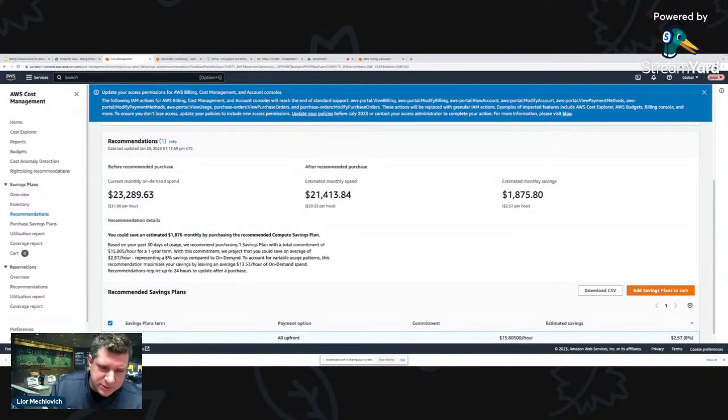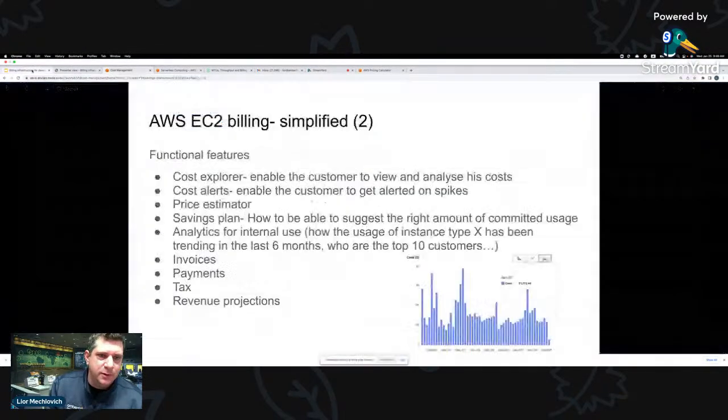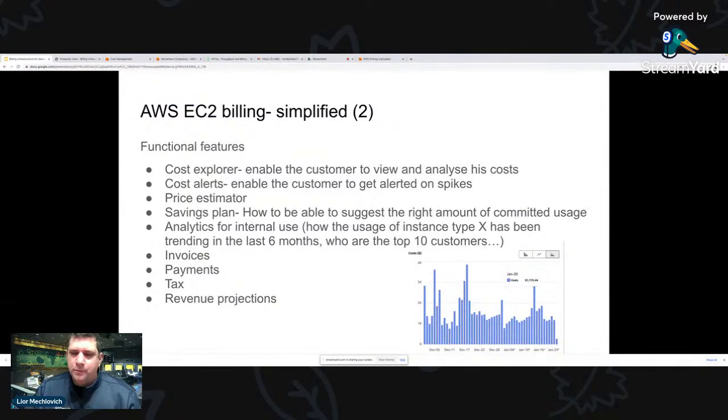Again, this is your pre-purchase and amount of usage. Okay. Cool. And of course, that's all the consumer side. We just talked about the customers. Now there's all the analytics for internal use. As an EC2 owner, I want to understand who the top customers are, who's trending, who I should send my account sales rep to talk with. So there's a lot of analytics for internal use. I need to understand whether instance type X is declining or has more users, which region, all this type of analytics.